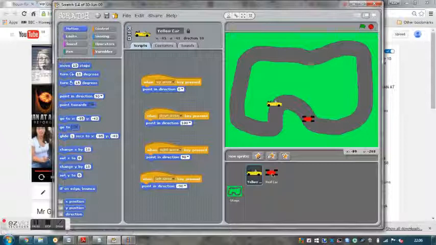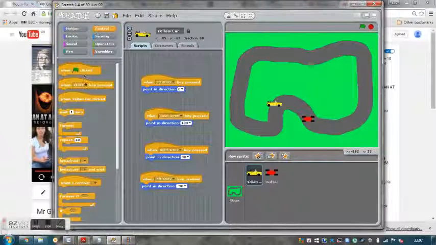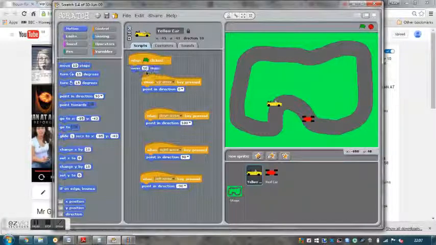However, we'll try it. I also want to add in another script in terms of motion, so let's do it. So when the green flag is clicked, let's say we'll move it 1 step so it's not too quick. Okay, so let's see how this goes now. So if I press green,